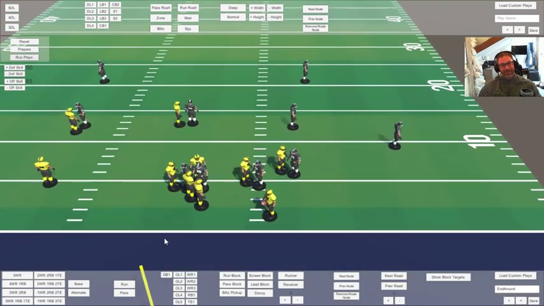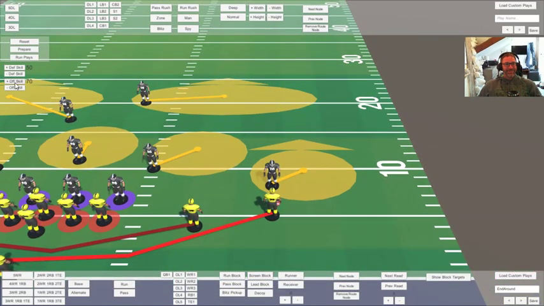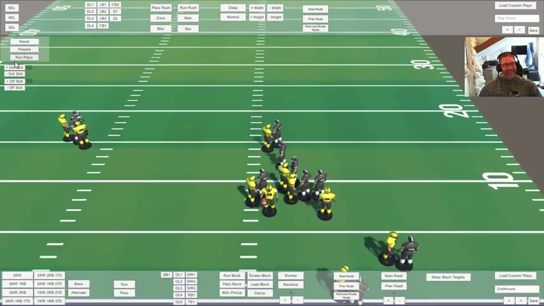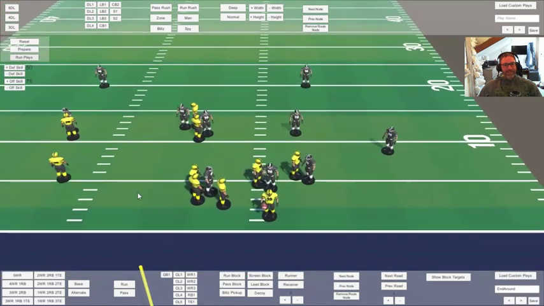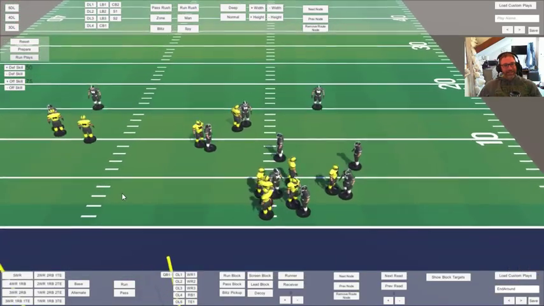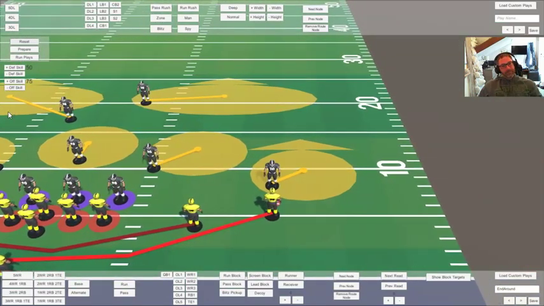which is cool, but it's not really helping my testing of this play because this is a jailbreak. What in the world is happening with this line? Look at them. They're just killing me. Oh my god. What is happening? They're blocking. It's just one guy got through. Just that simple. He blew everything up. Somewhere over here. Yeah, that guy right there. Why is he so good? Oh, you know what it is? Oh, this is interesting. All right, I'm going to have to think about this. What's happening,